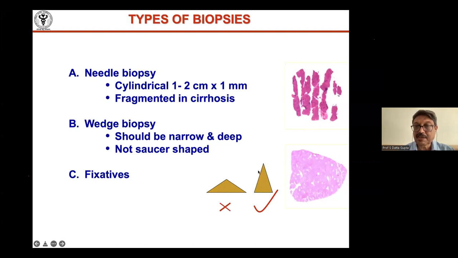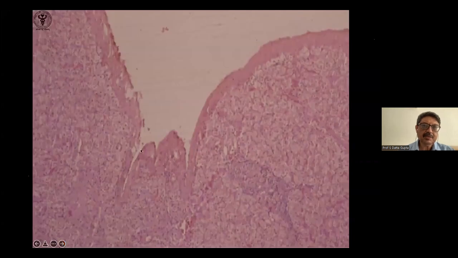And this is very important because our GI surgeons usually take a wedge biopsy along with the deeper needle biopsy when they do a shunt surgery, to confirm that it's not cirrhosis. And that's why a needle biopsy is looked at, and the wedge biopsy is deep enough. So you see, this is the subcapsular region. We have a thick capsule.